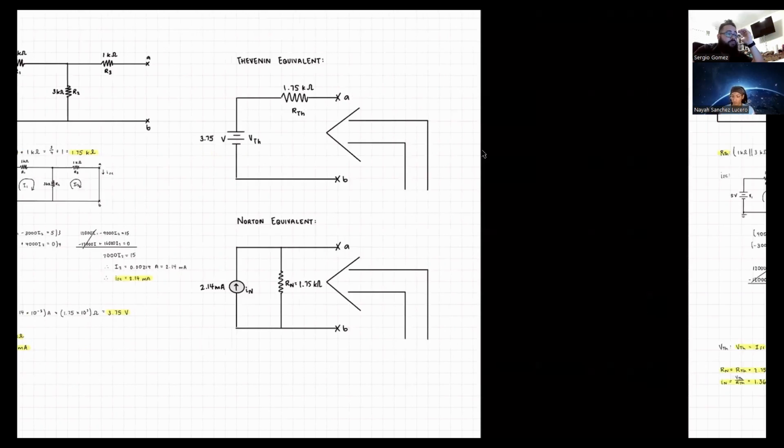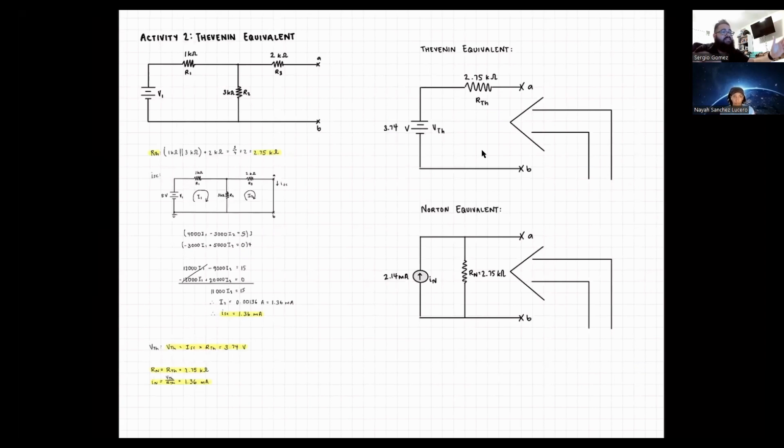For the second part of the problem, we had the same problem, except now we set resistor 3, since it was on a potentiometer, to 2 kilo ohms. And we solved it the same way we solved the first circuit, which meant that we found the R theoretical by shorting out the voltage. After we shorted out the voltage, we determined that our total theoretical resistance ended up being 2.75 kilo ohms. With the 2.75 kilo ohms, we left that there,